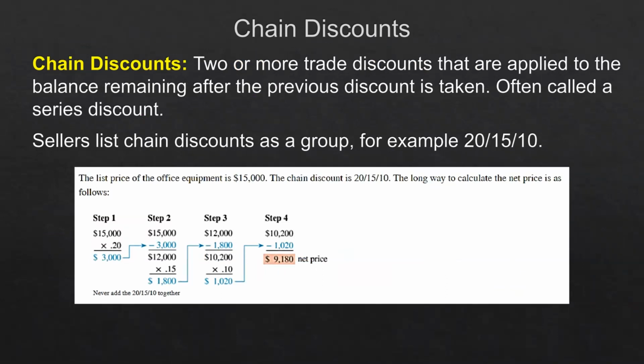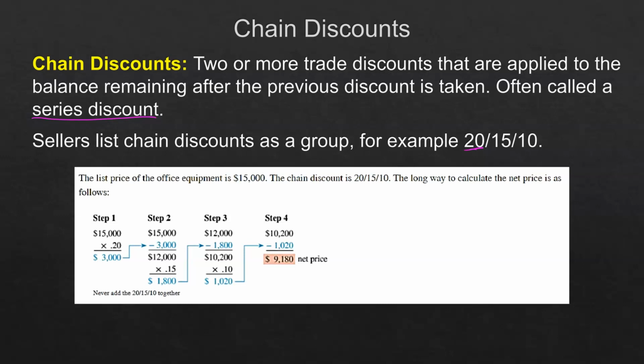Okay, so chain discounts, also called a series discount. In the former book we used, it called it a series, but it is the same thing. Notice I have an example here where we're using a chain discount one at a time. There's a quicker way to do this. So you take the amount $15,000 times the first, right? That's 20%, in decimal form, and then you subtract the amount of the discount to get $12,000, and